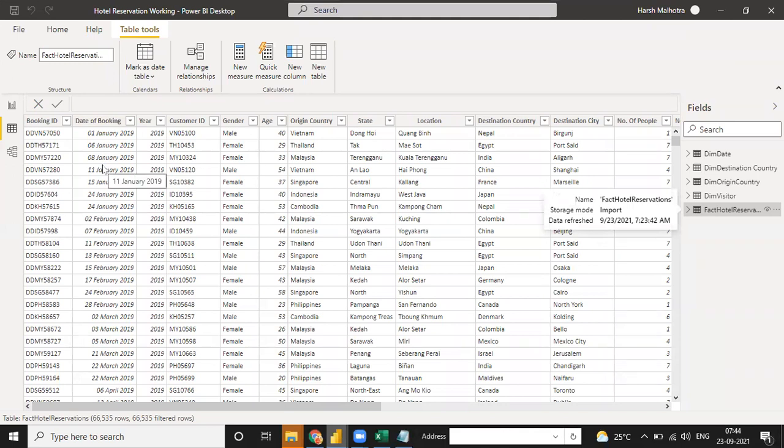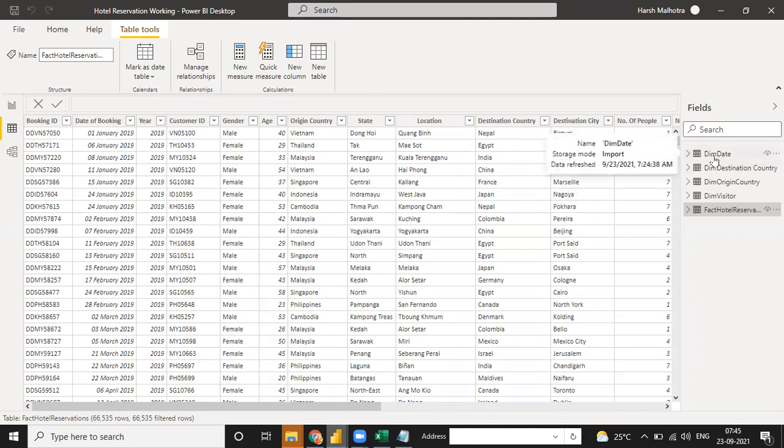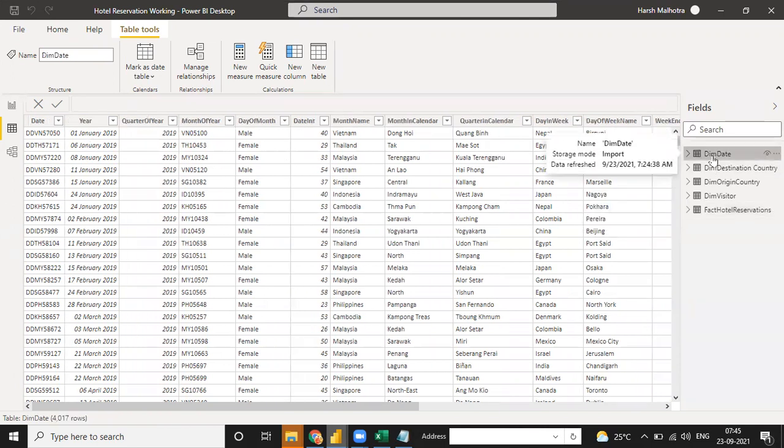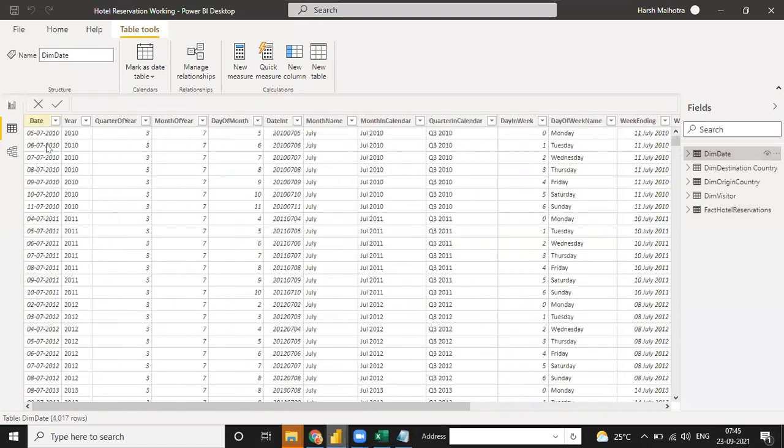So how to write the day of booking name: you have to just go to this date, as well as go to dim date, and see in this date you have a date column, and you just click on new column.